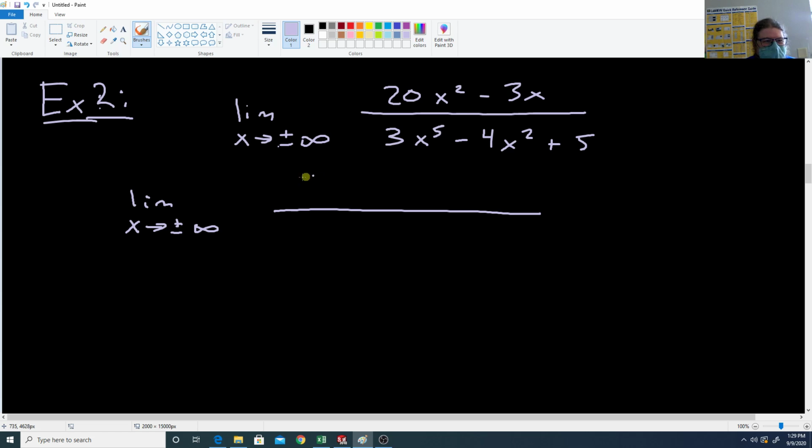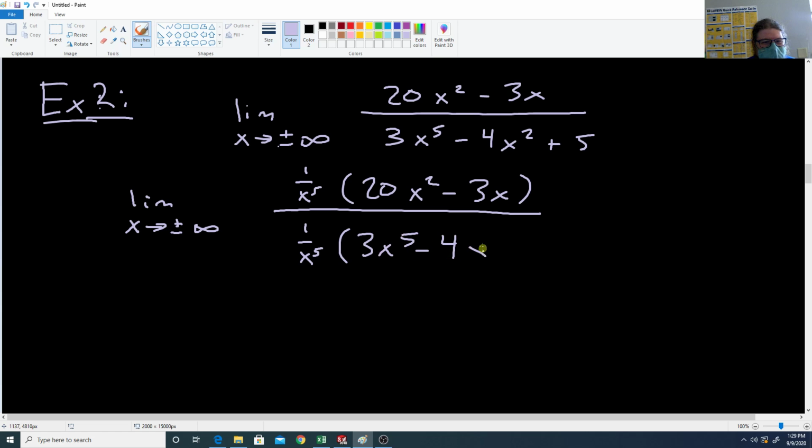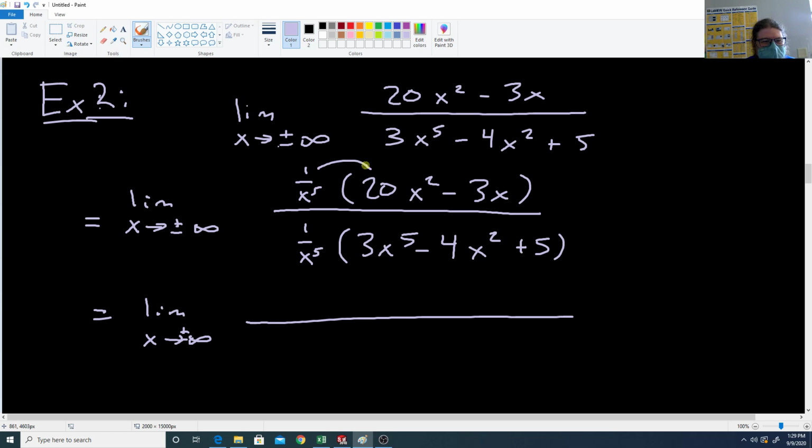So the highest power is x to the fifth, so I'm going to multiply the top by 1 over x to the fifth and the bottom by 1 over x to the fifth. So we get 20x squared minus 3x, and we get 3x to the fifth minus 4x squared plus 5. So I will distribute and cancel as I go. So we're going to get 20 times 1 over x to the fifth